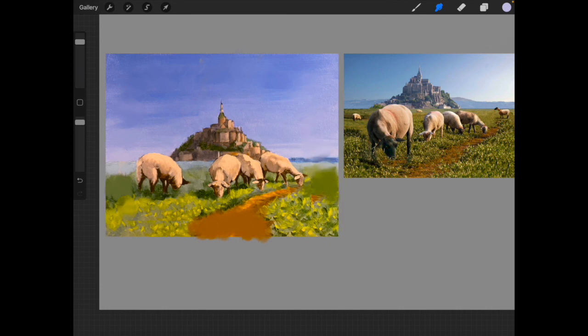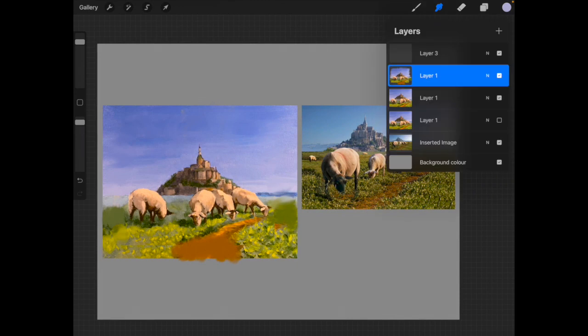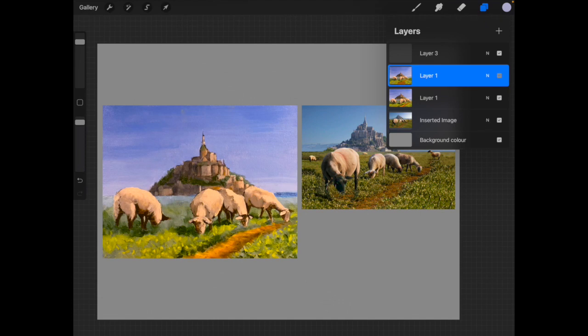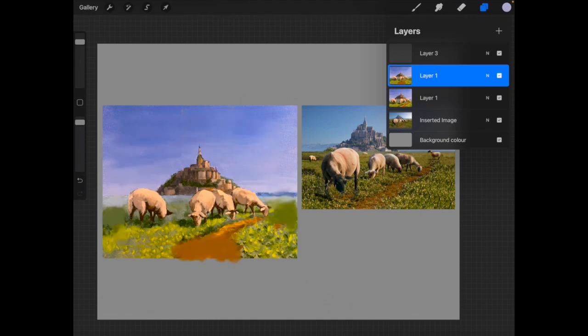Okay, merge that down. Okay, so this is before and after. See what I'm saying? It just gives a little more breathing room around the animals on the edge of the canvas. But doing that has created a bigger space up the top, which, you know, there's not a lot happening in there, so unless you want to throw some clouds in there